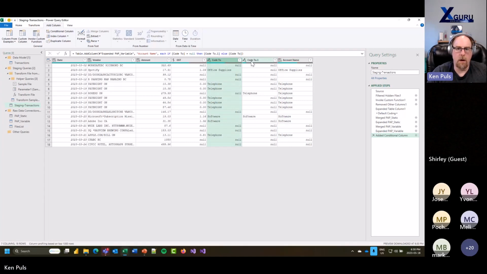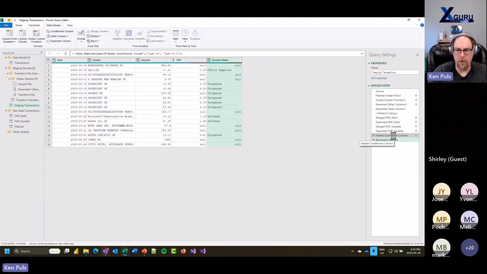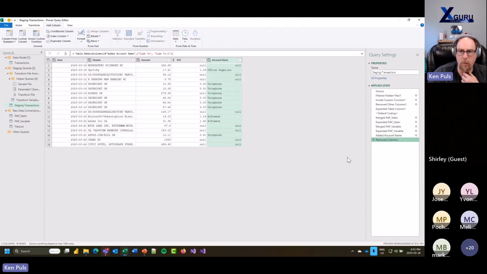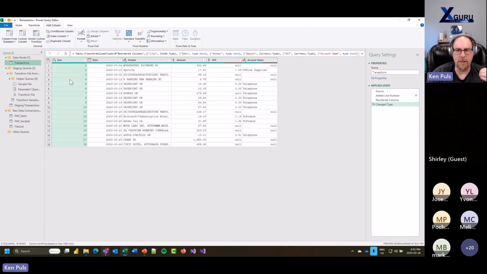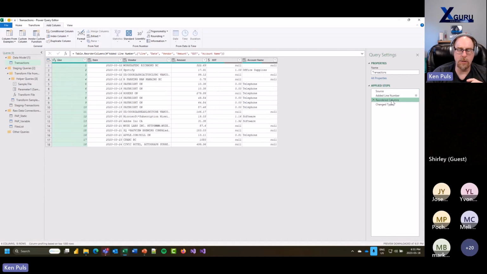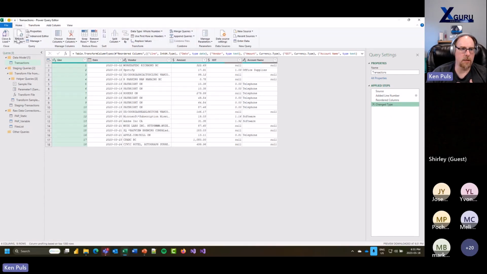Okay. So now I can grab these two, delete them. I should probably just rename this one here, added account name. There we are, that's better. Go back here. Okay, so we have our account name that's showing up. And the beautiful thing about this, remember I did this in the staging query. And the reason why I extracted my steps exactly the way I did before is because we read from this, it has all the same column names, even though they're not in the same order. Remember, I just added a line number, reordered the columns, all the names are the same, and then changed the data type steps. So now, when I go back and say home, close, and load,